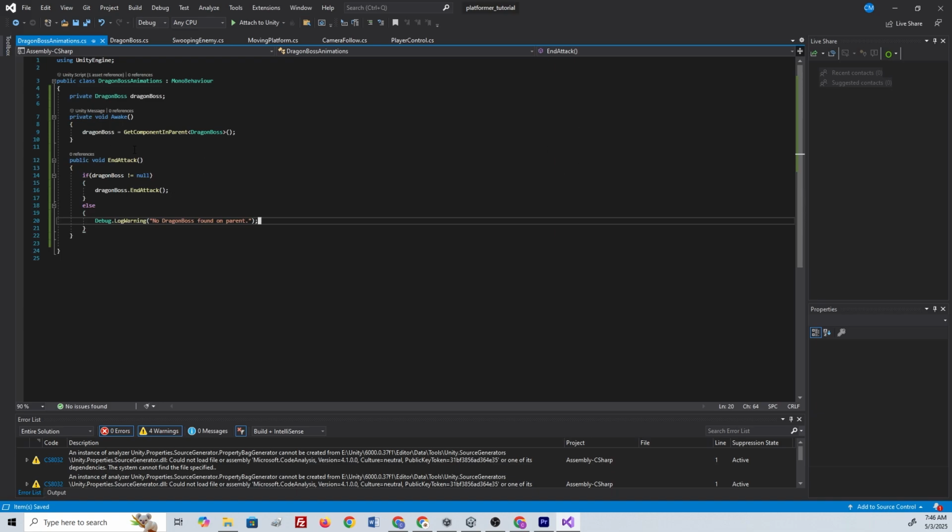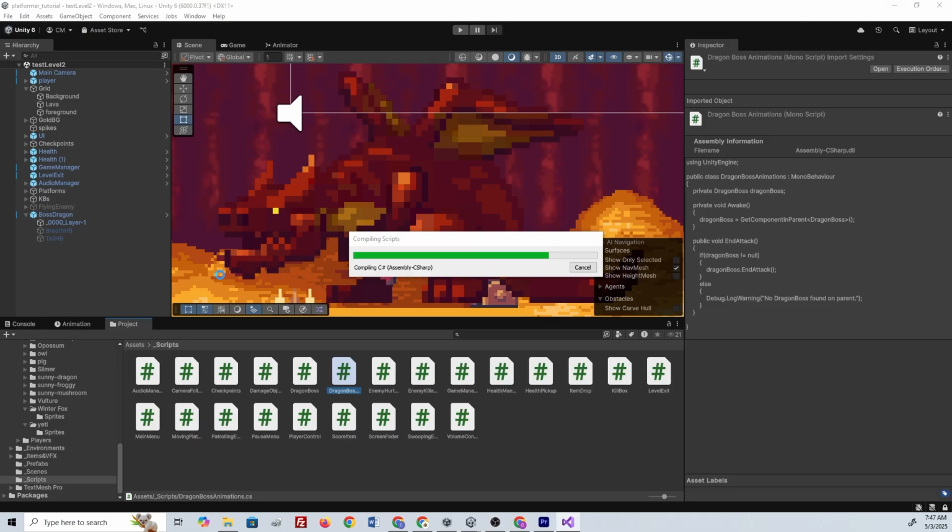So what's going to happen is, as soon as we press play, it's going to be pulling this dragon boss enemy, right? And it's going to be looking for the dragon boss script, which is right here. And if it finds it, then when it's time for the attack to end, it's going to call the end attack method. Now, the last thing we need to do to get this set up